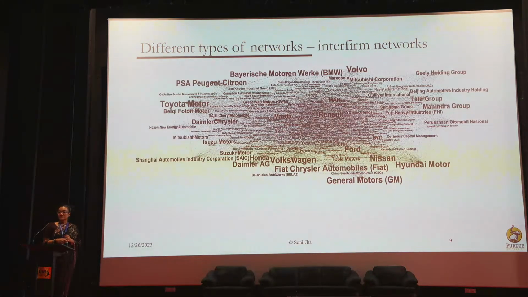How about firm networks, right? So similar to individual networks or country networks, you might also have firm networks. This is also from my research. And how are two companies connected here? They're connected if they share a common supplier, right? And so if I have a company that makes cars and there is a tire supplier that is the same as another company's tire supplier, then I'm connected to that company, right? And so that network looks something like this. And in this network, again, if I share a lot of common suppliers with a lot of other companies, then I look really big in the font here. So